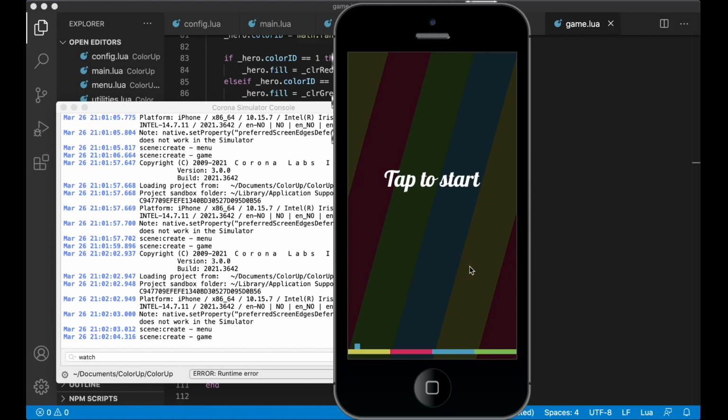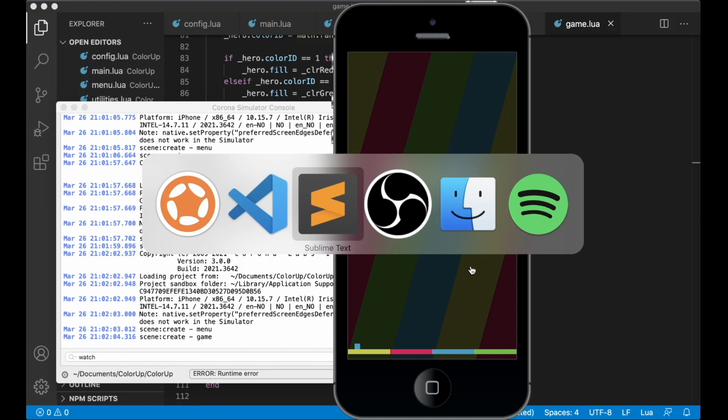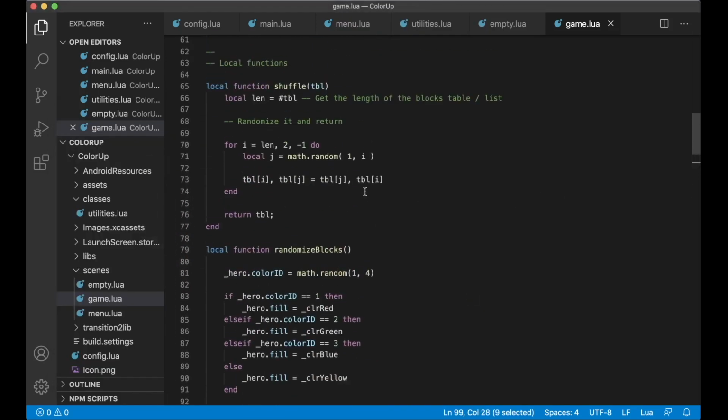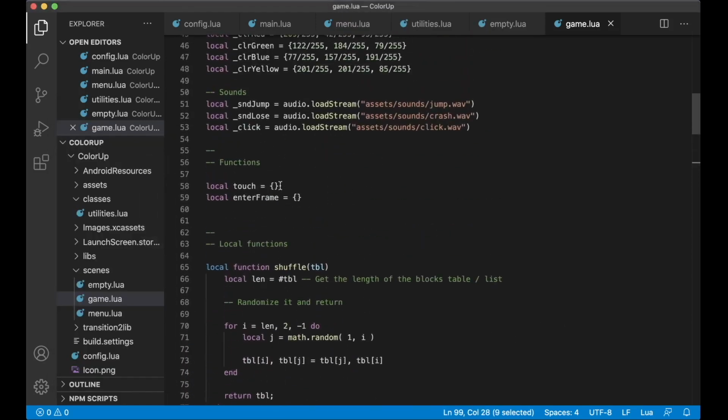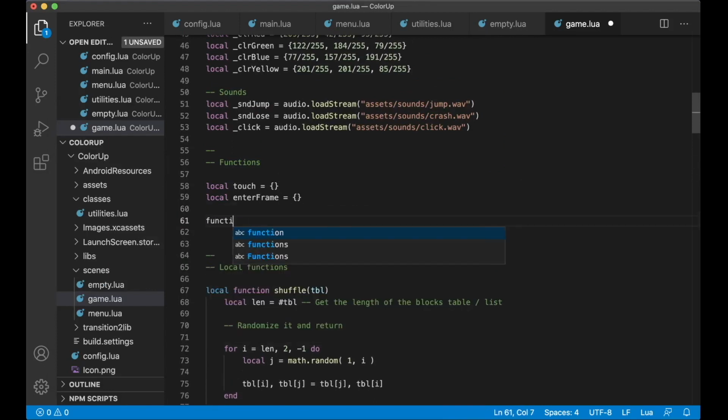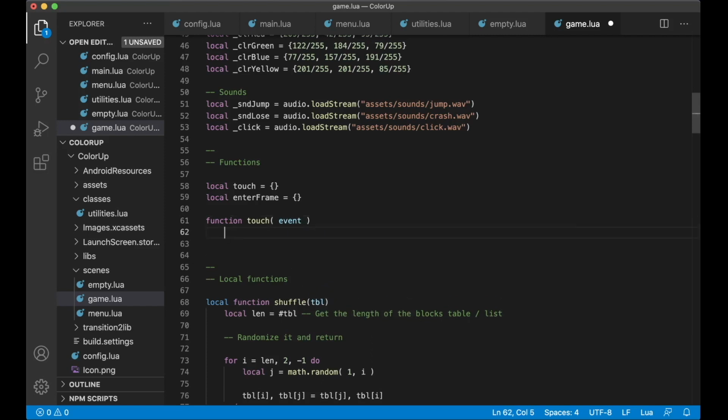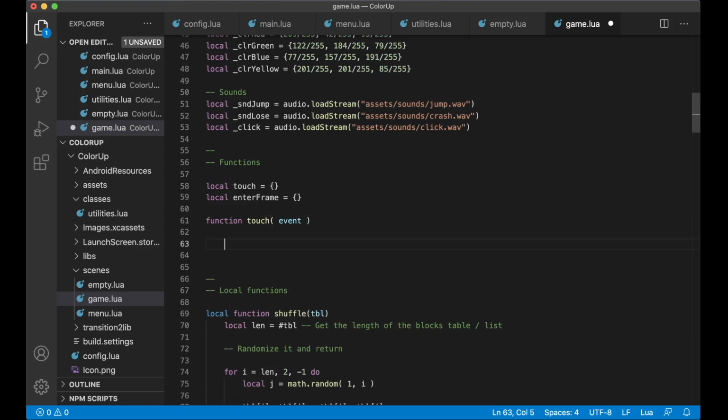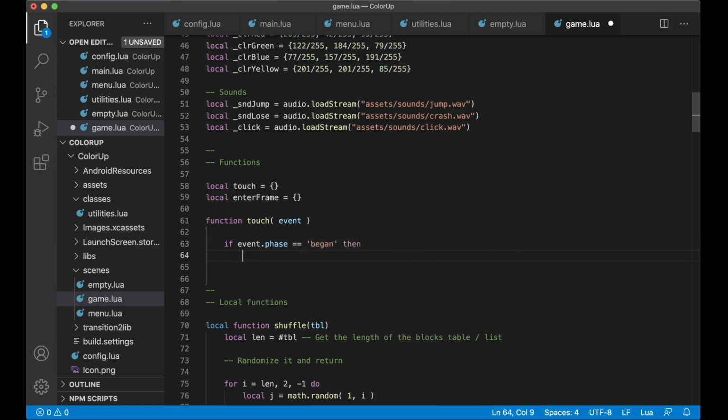So now it's time to start making it possible for the hero to move. We need to activate the touch functionality. So if I just go back to the code and find local touch, here I say function touch, pass in the event, this is the touch event, and then I want to check if the touch began or ended, but in our case I just want when the touch began. So if event.phase equals began, then I know that the touch just began. And then I want to start the game,